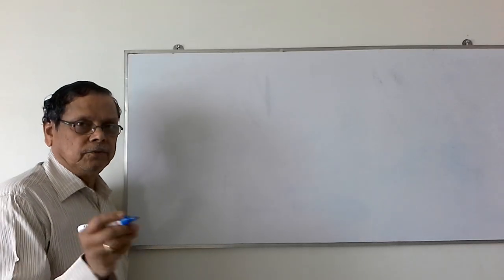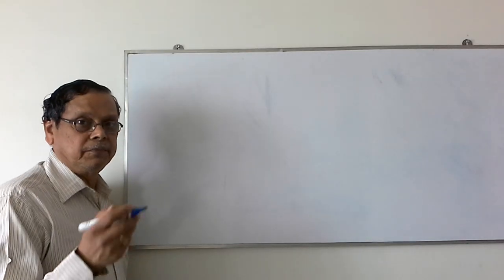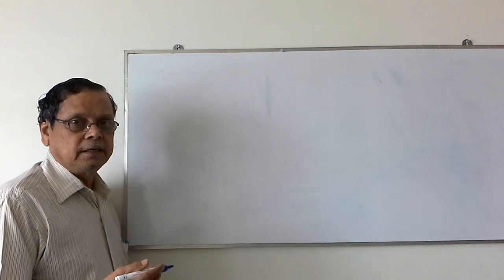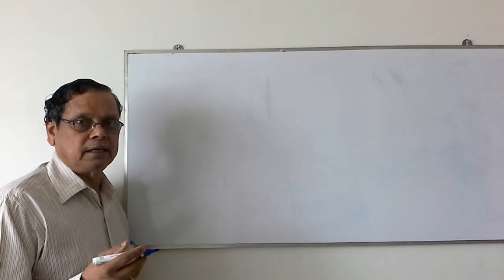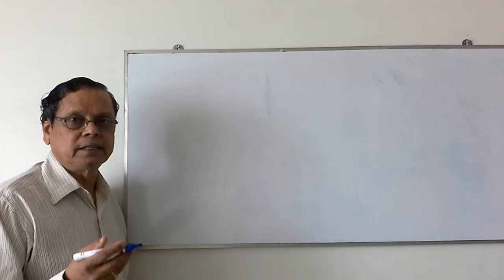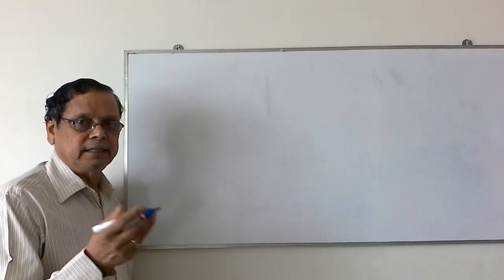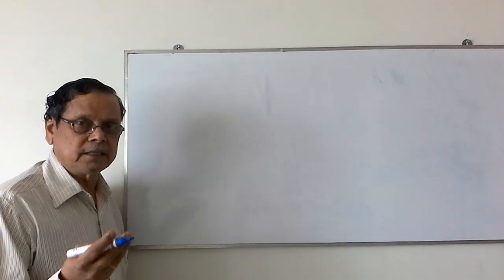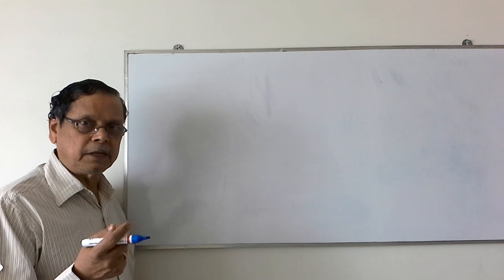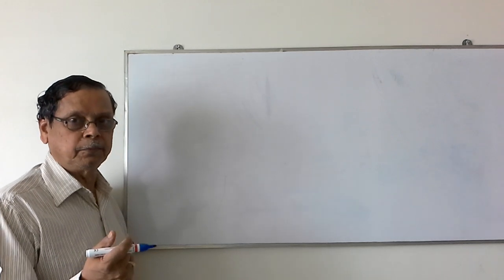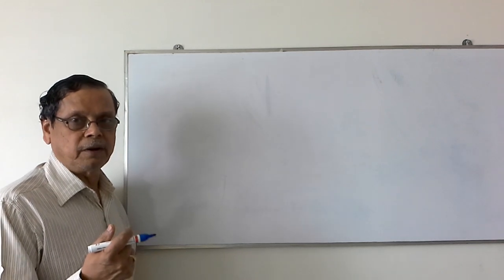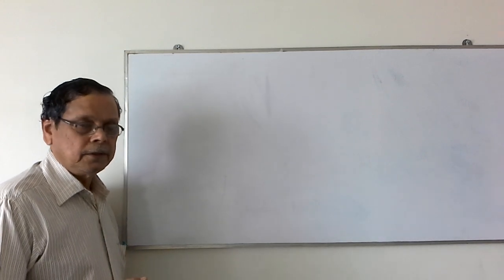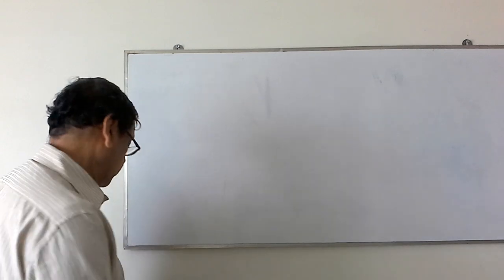Today we shall continue some numericals based on the previous topics. The previous topics that we have studied are some basic units, derived units, and then some laws of chemical combinations like the law of conservation of mass, law of multiple proportions, law of definite proportions, Gay-Lussac's law of combining volumes, and Avogadro's law. So first let us take some conversions.